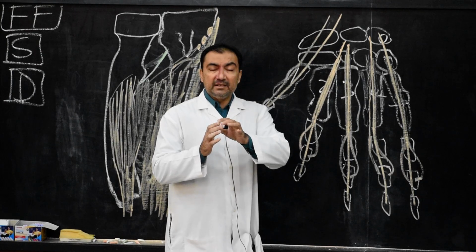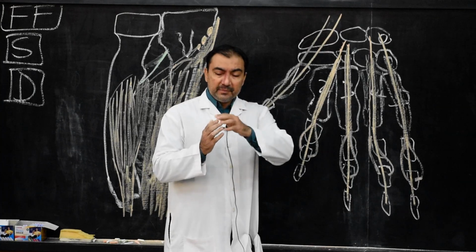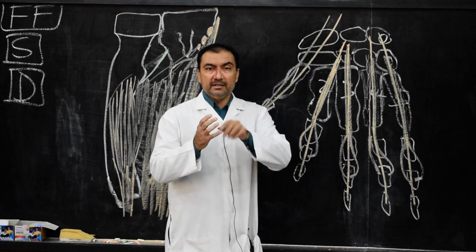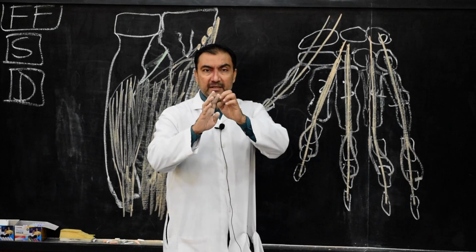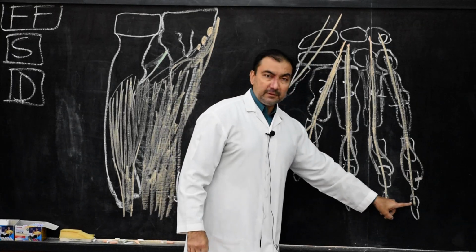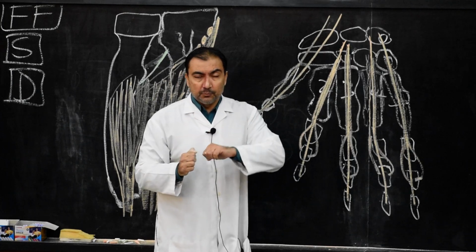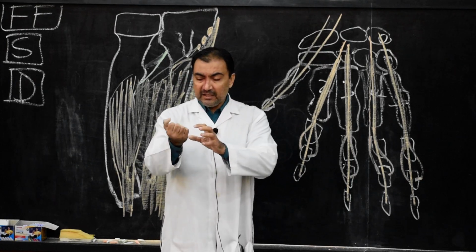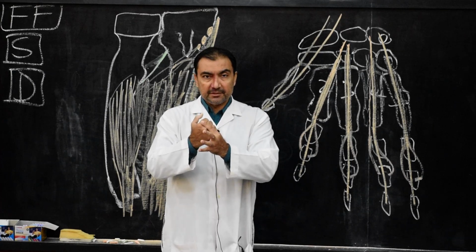It will help in flexion of the distal interphalangeal joints or flexion of the distal phalanges of the medial 4 fingers, or medial 4 digits: index, middle, ring and little finger. So when you flex the distal interphalangeal joints of the index, middle, ring and little finger, that is the action of flexor digitorum profundus. And remember, in common with flexor digitorum superficialis, both muscles combined together will help in flexion of the carpal joint, that is the wrist joint, and the metacarpophalangeal joint.